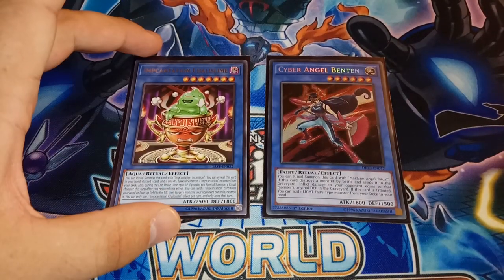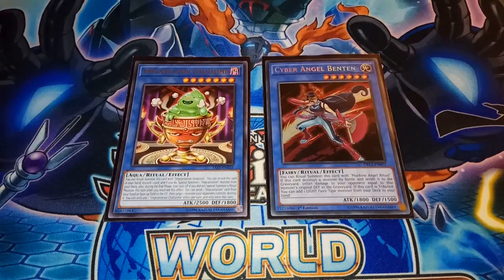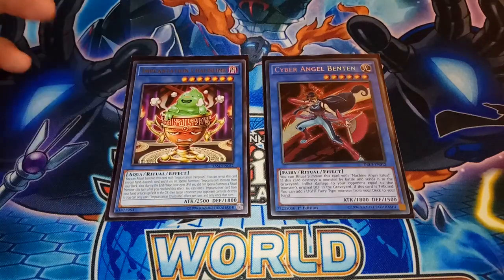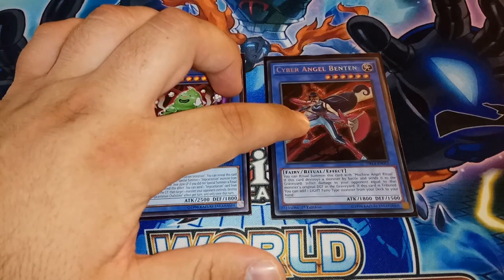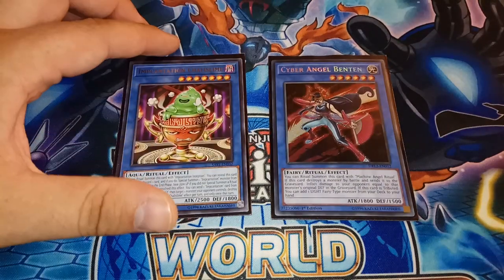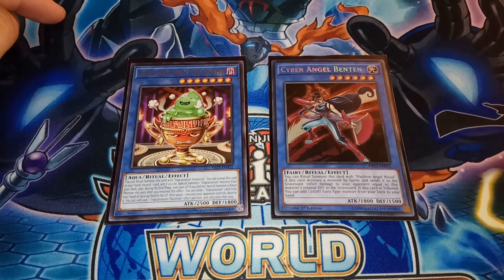of the Incantation Chalice Slime. Some people maybe consider this a little bit of a weird lineup, with only one of Benten and one Chalice Slime, but I feel like these two cards are essentially a brick. Maybe Chalice Slime is not one of them, maybe this is the one that I need to bump up to 2. But Cyber Angel Benten is definitely a brick because she can search when you tribute her, but if you